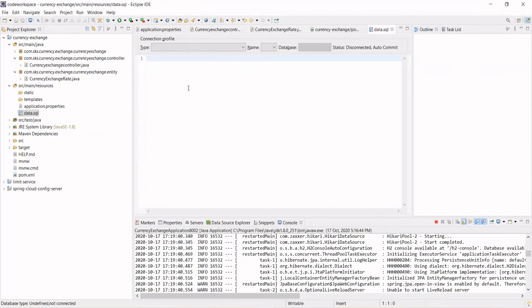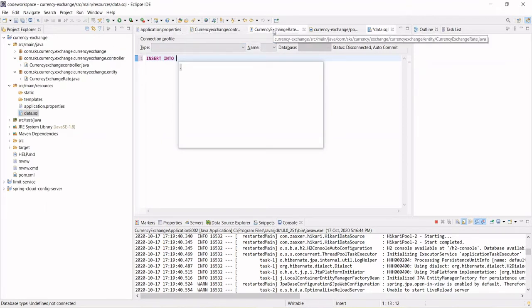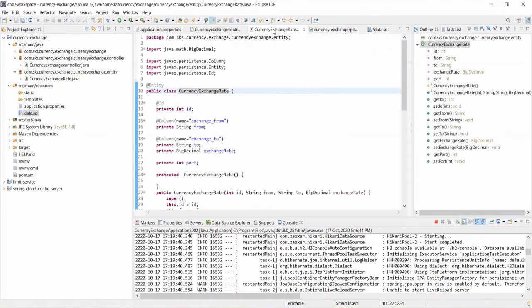So just write a query. How will you write that? Insert into, what will be the table name? The class name was currency exchange rate, right? So currency underscore exchange underscore rate will be your table name.